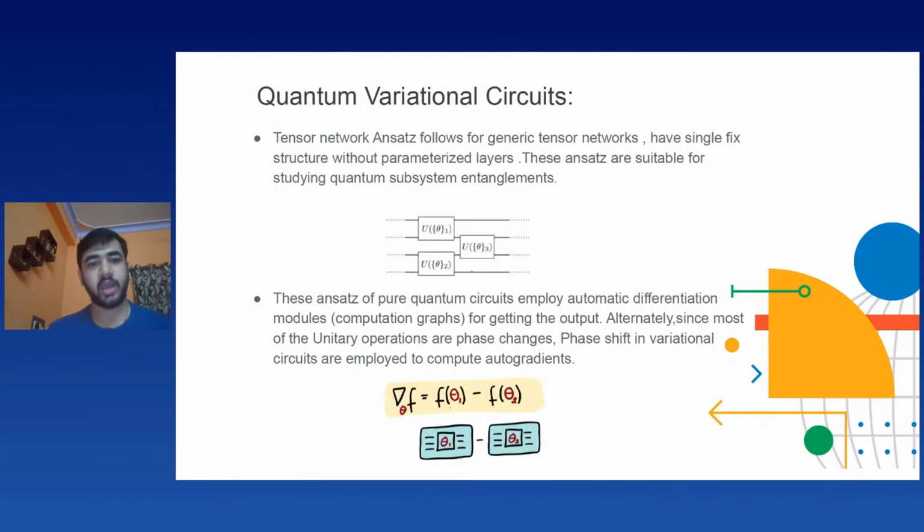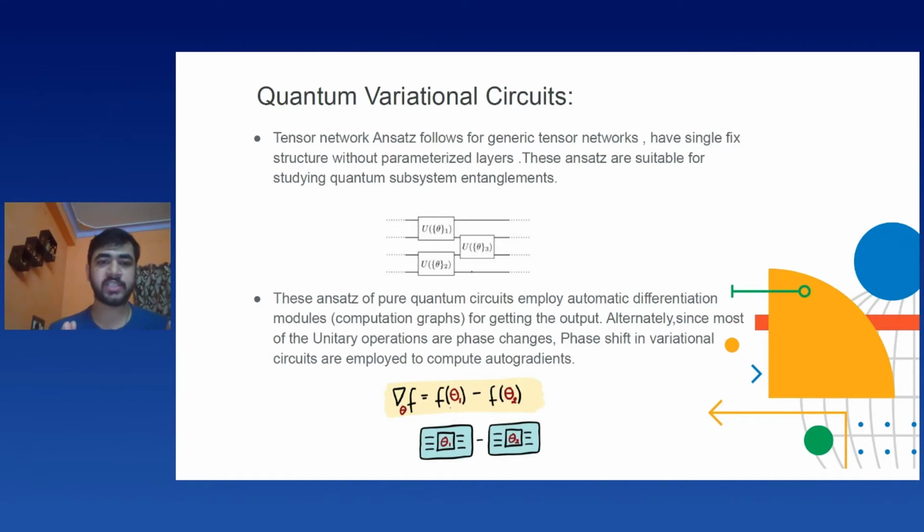Apart from this, there are again different kinds of tensor network ansatz, which is actually the crux of classical quantum hybrid circuits. With tensor network ansatz, we have these kinds of layers belonging to each qubit system, parameterized circuits, right? Now what we do is wrap them around any autograd library, to make it familiar with that library. That library can be Torch, it can be TensorFlow, or it can be any other autograd library.